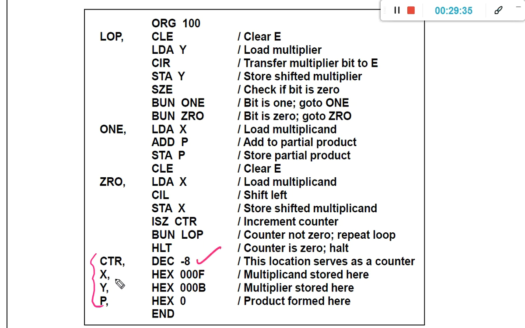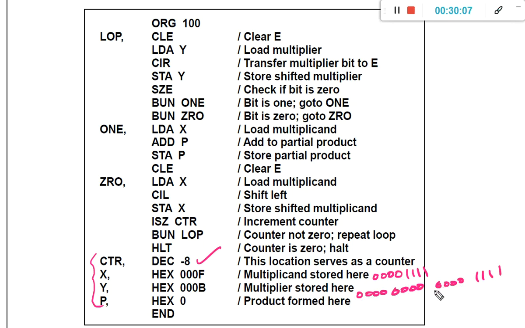We need the x value, the multiplicand value. The multiplicand value we have seen in binary format as 0 0 0 0 and 1 1 1 1. However, here we have taken it as a hexadecimal code, which is equivalent to 0 0 0 0 0 0 0 0 0 0 0 0 1 1 1 1.